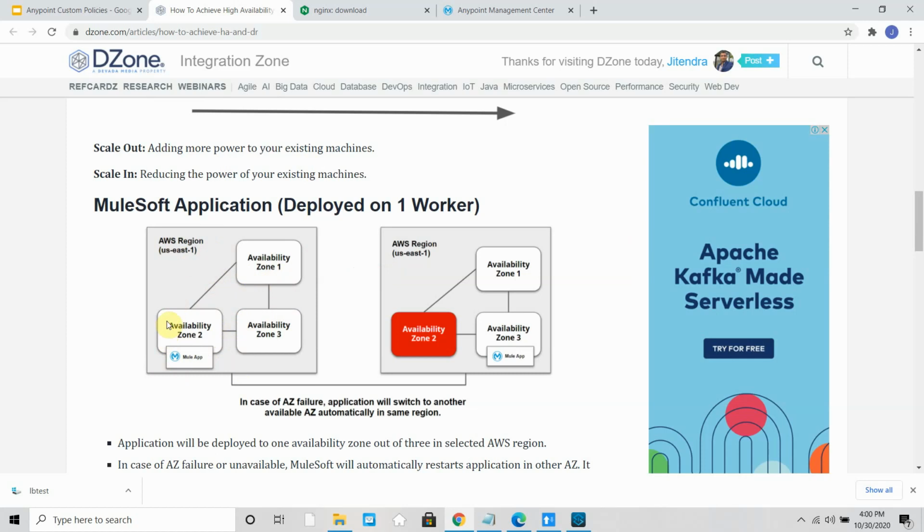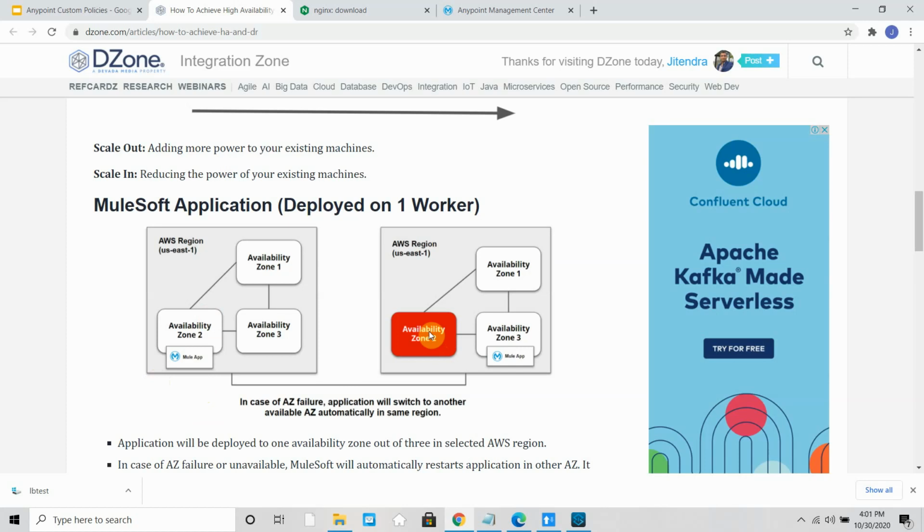In case that particular availability zone goes down due to power failure or rack failure or whatever, MuleSoft will automatically restart or redeploy the application in some other availability zone. This switching process may take some time, maybe 5, 10, 15 minutes, so this requires downtime.